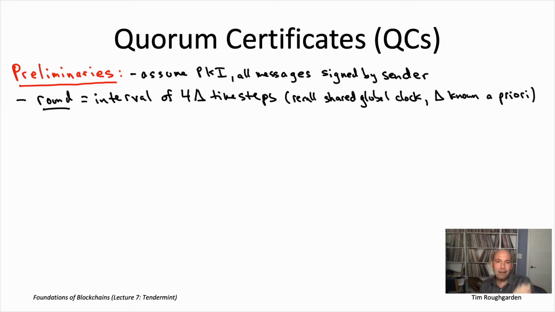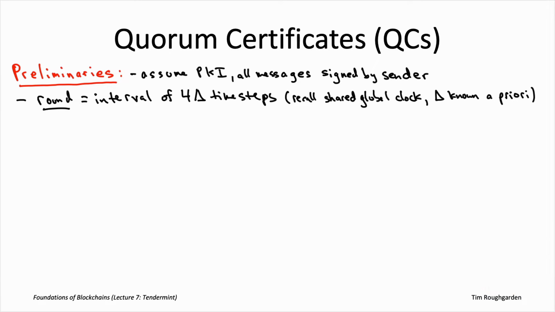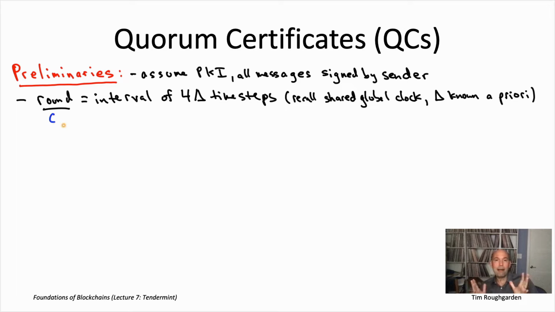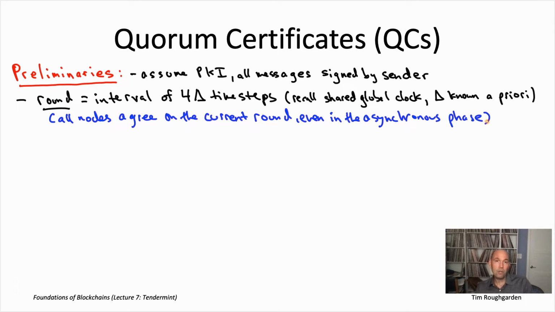And that's because the block that you're working on depends on what messages you have received to this point, right? You've been listening to the outcomes of voting rounds. So depending on the message delivery, you may or may not have figured out block number 9. The round number, remember, is derived solely from the shared global clock. Everybody knows the current time step without doing any communication. So everybody knows the current round, again, without doing any communication. Okay, so summarizing rounds, there's automatic agreement amongst all the nodes at all times, even in the asynchronous phase. Heights, especially in the asynchronous phase, there may be disagreement, different honest nodes working on different blocks at the same time.